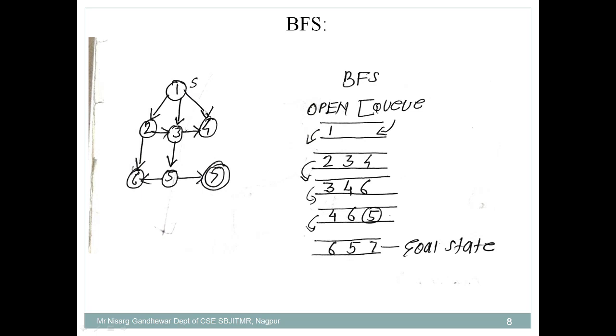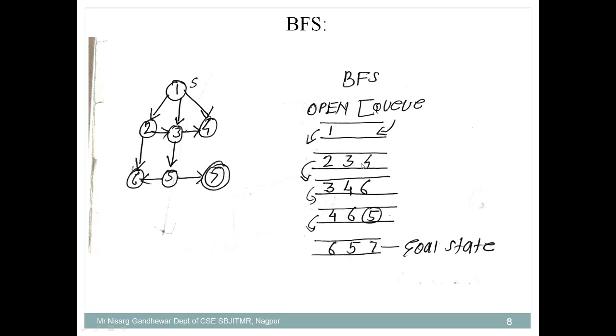Okay, after that you need to consider all the successors of 1. What are all the successors of 1? 2, 3, 4. So what I have done, I have inserted 2, then I have inserted 3, then I have inserted 4. That means I am visiting node 1, checking whether it's a goal state or not. Suppose it's not a goal state, then I need to consider the successors of 1. So 2, 3, 4 are the successors of 1. For that purpose I have added 2 first, then 3, and then 4.